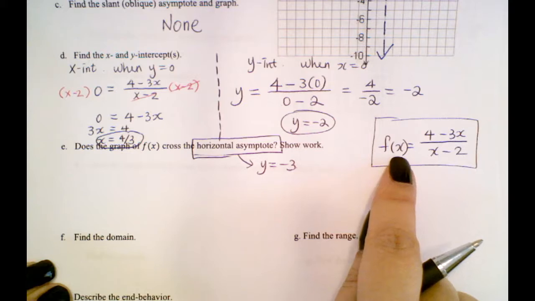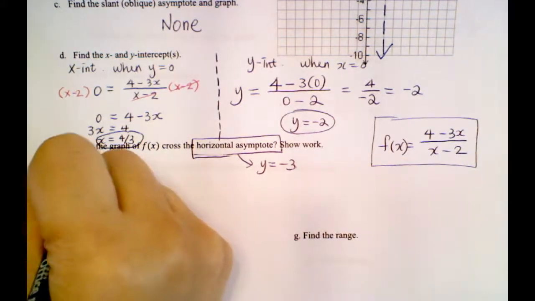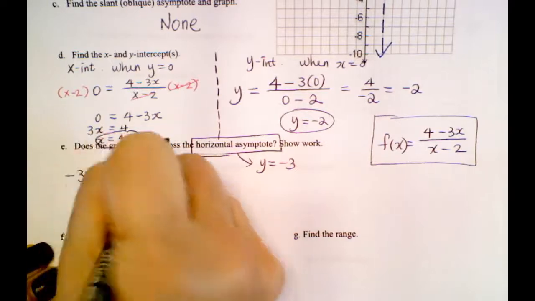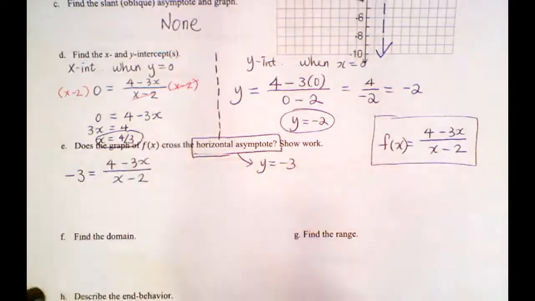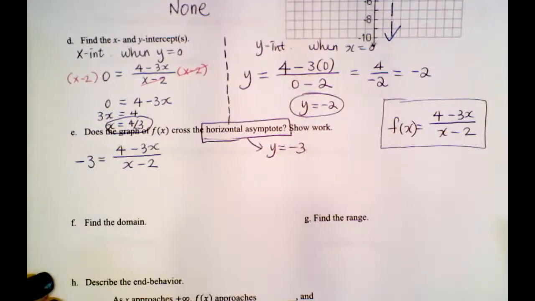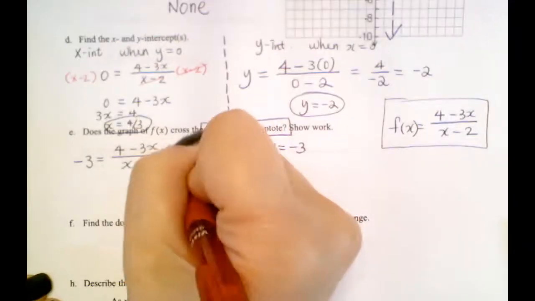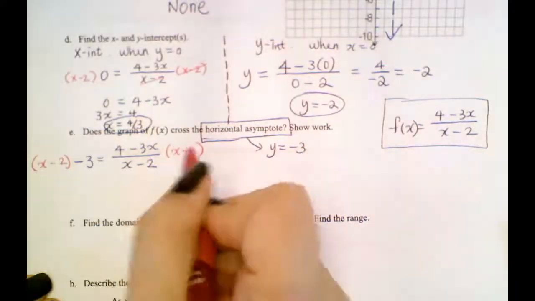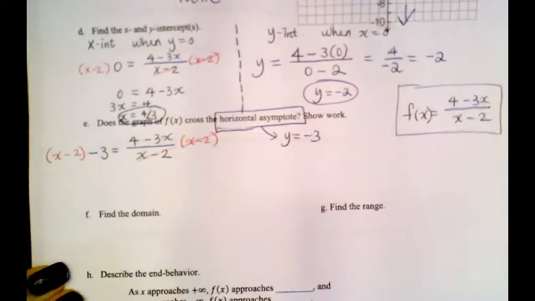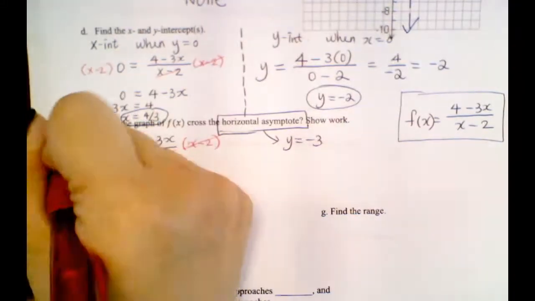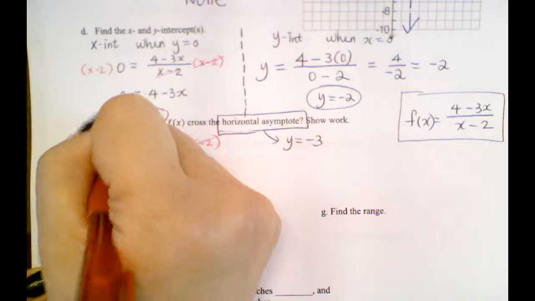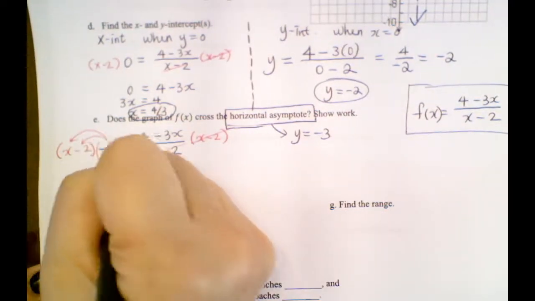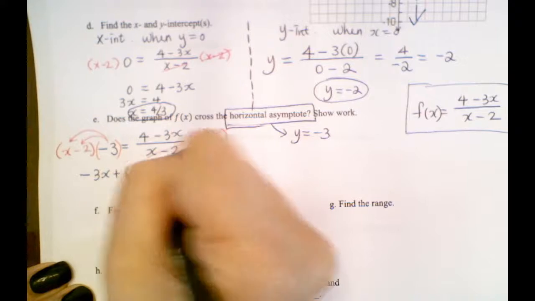I'm going to set this function equal to negative 3. Negative 3 equals (4 minus 3x) divided by (x minus 2). I'm solving this, so I will multiply both sides by x minus 2. The x minus 2 on the right side cancels out, right? But I'm going to have to distribute that negative 3, and I will get negative 3x plus 6 equals 4 minus